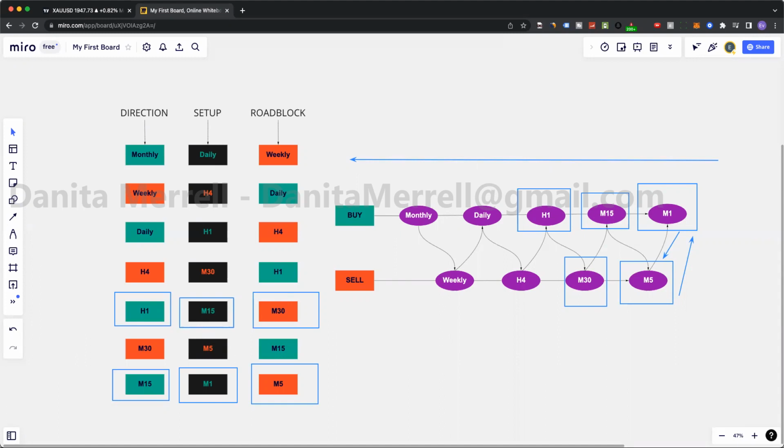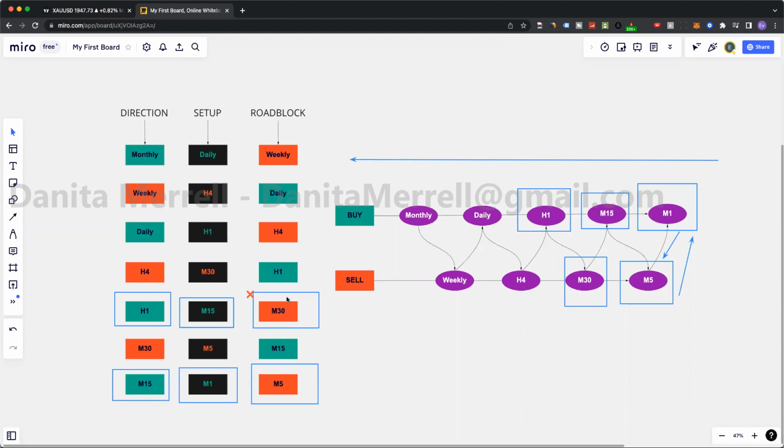How do I draw? Here we go. Let's say that didn't happen. Oops. Okay. And it failed to break the M30, right? From M15, we failed to break the M30, so we're most likely not going to get to this H1. It failed to break. Then I know I either should TP on my M1 or look for sells on my